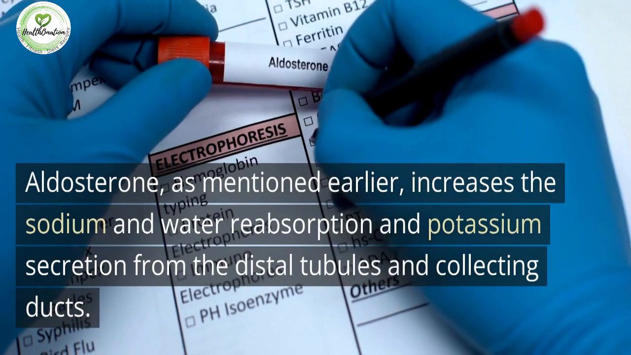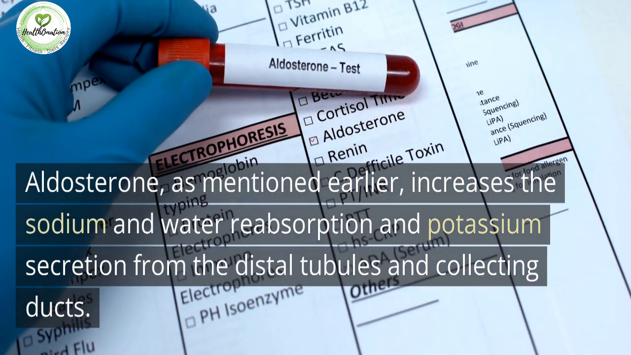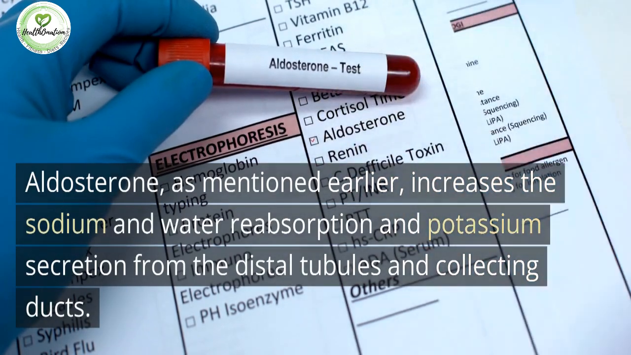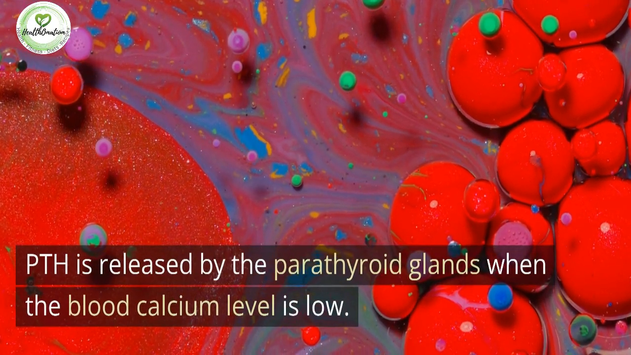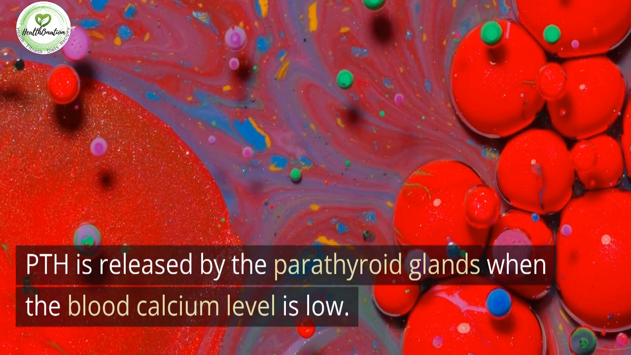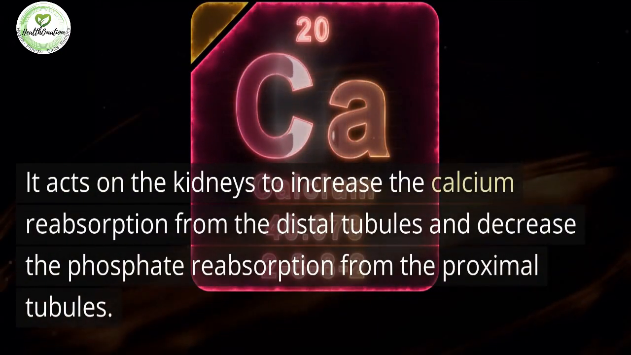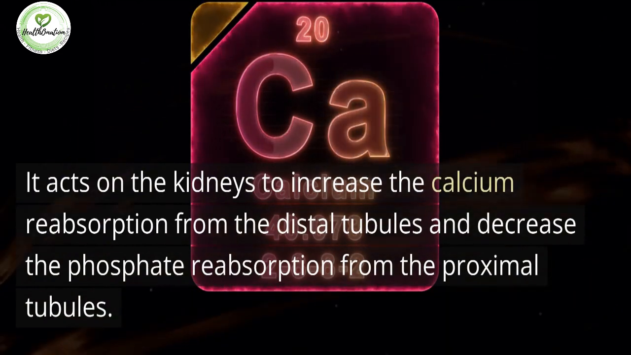Aldosterone, as mentioned earlier, increases the sodium and water reabsorption and potassium secretion from the distal tubules and collecting ducts. PTH is released by the parathyroid glands when the blood calcium level is low. It acts on the kidneys to increase the calcium reabsorption from the distal tubules and decrease the phosphate reabsorption from